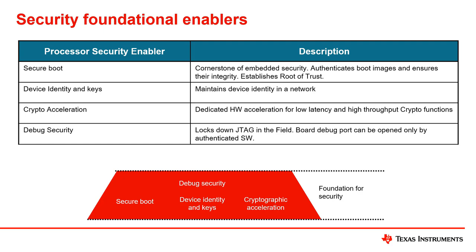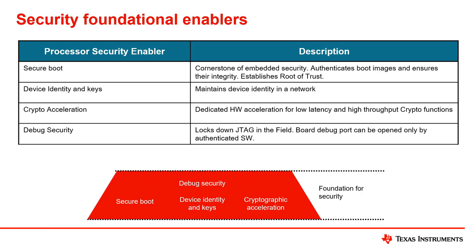The last one is debug security, and this is just locking down the JTAG port, or the debug port, that were used to design the system, and necessary a lot of times for design and development, but not something you might want someone having access to in a production system. So we'll see how the debug security allows you to disable that. We'll take a look at each one of these in a lot more detail as we go through the presentation.